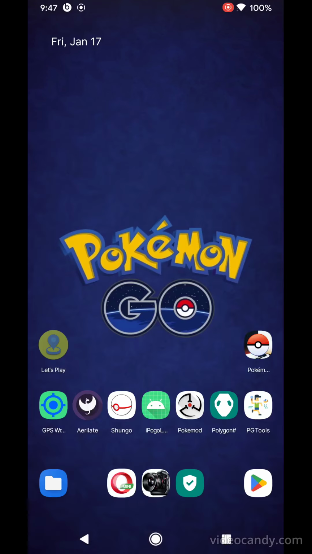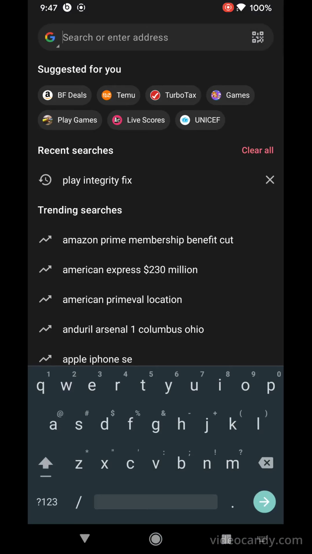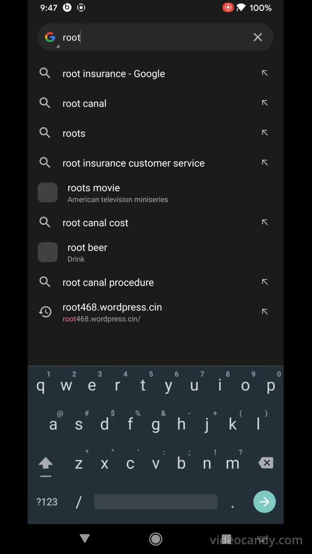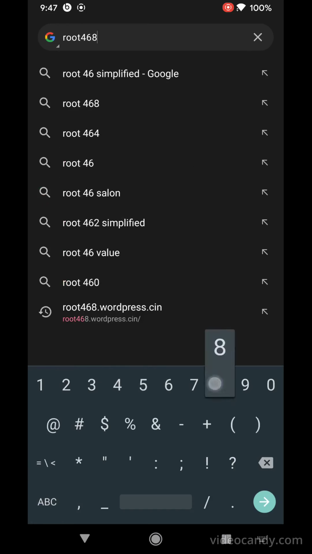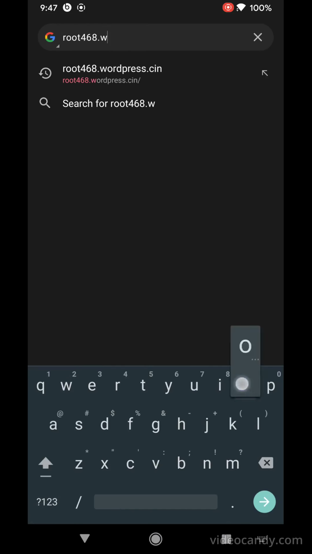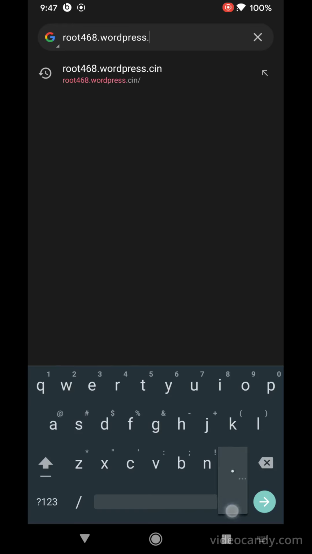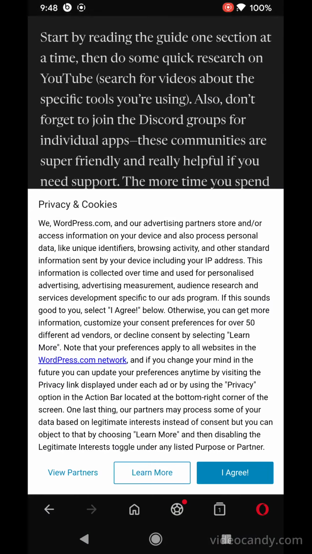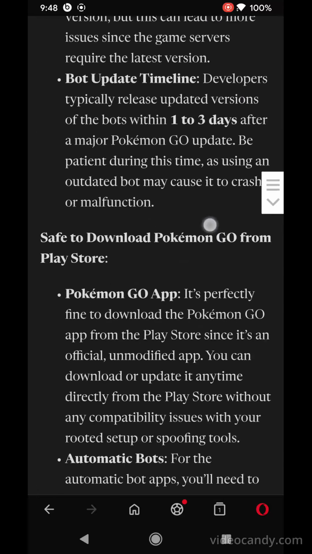For that, I have to go to this website, and I go here. The website's name is root468.wordpress.com. I click on this and I say I agree. If I go all the way down,